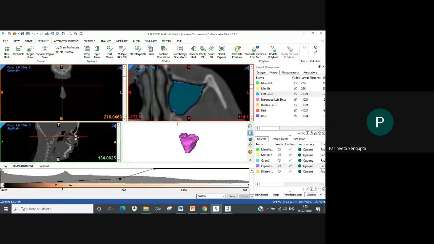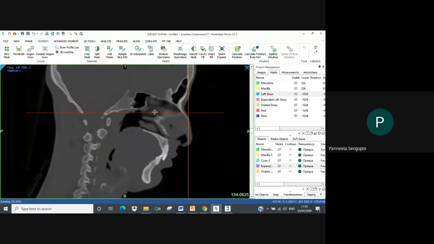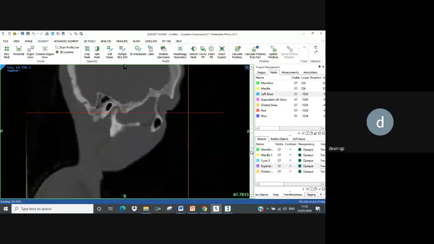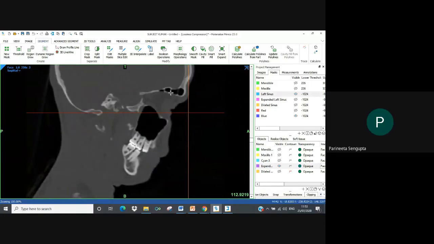So once we have segmented it in this way, then we can go into Thematic for the volume measurement. Yes, ma'am, that's what we also generally do. We segment the orbital floor. If you can see, I'm marking it right now. So to my cursor, this is the orbital volume. So we trace it using a mask. We create a mask, we trace it, and once we've traced it, then we take the created mask to Thematic, and from the volume, we get the volume for the orbital floor.